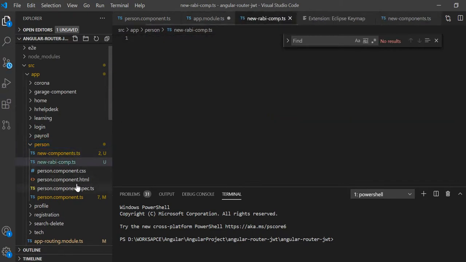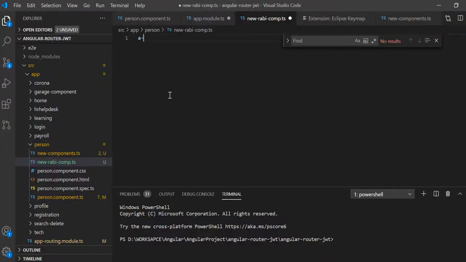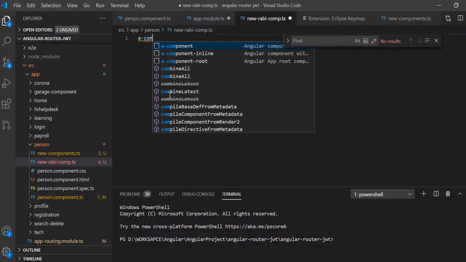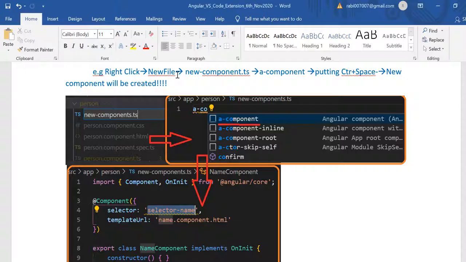Okay, so with the a component snippet, if you write it and just select this one, you see that the code has been written automatically. It has been written for you. It will reduce your effort to a large extent.